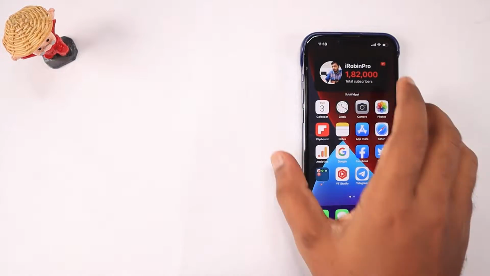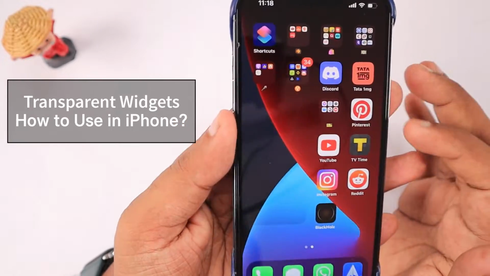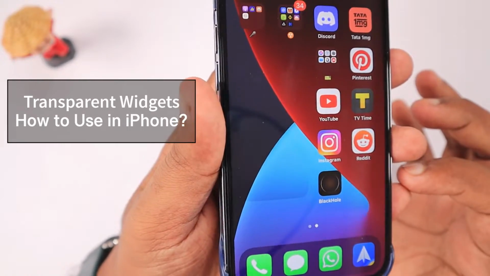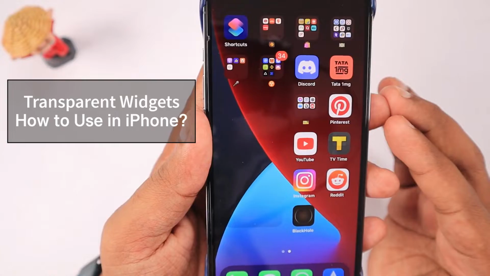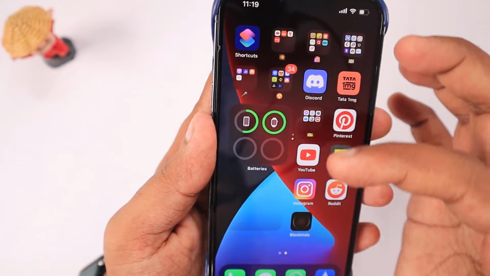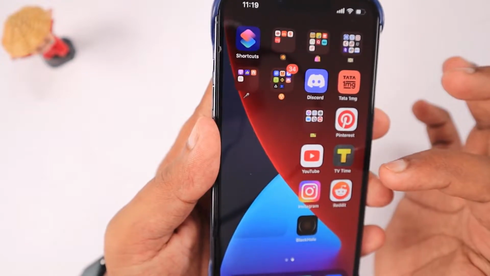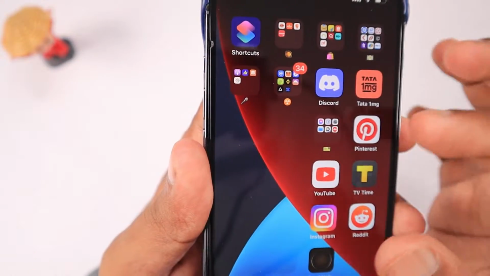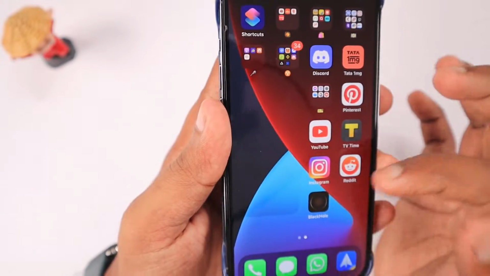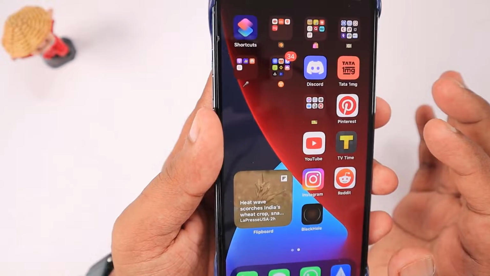In this episode, we are going to see how to use transparent widgets in iPhone. While using it, I have found a free application without any advertisements or intrusions. You can use this application to set your transparent widget on your home screen. You can give a complete new look to your home screen. You can clean up and keep a minimal number of icons and give a little bit of customization to your iPhone